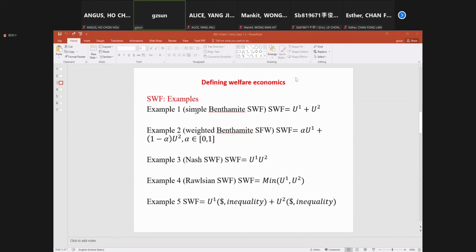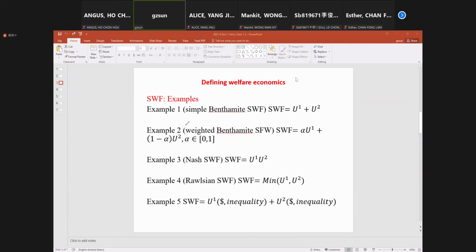Before we go to each of them, let me remind you what's behind such different formulations of a social welfare function. That's about value system, about value judgment, about philosophy. It is really about value judgment, 价值判断. That is what we believe: what kind of society is more desirable, is really good for us. That's about our philosophy. So let's look at each of them.